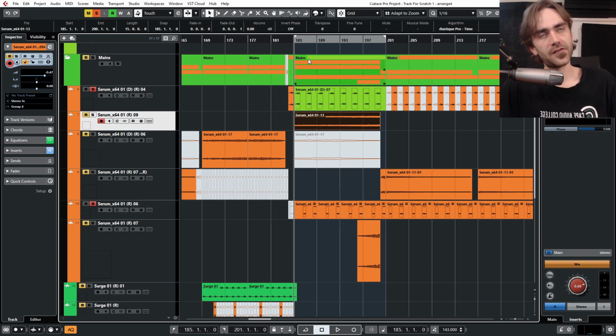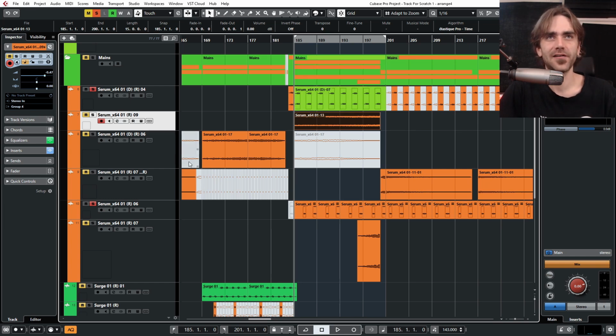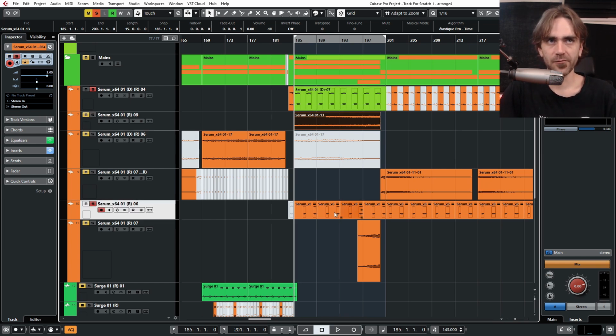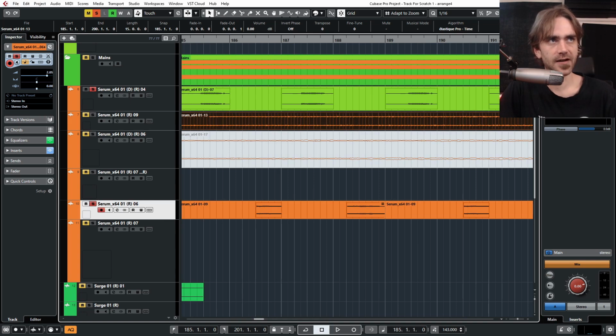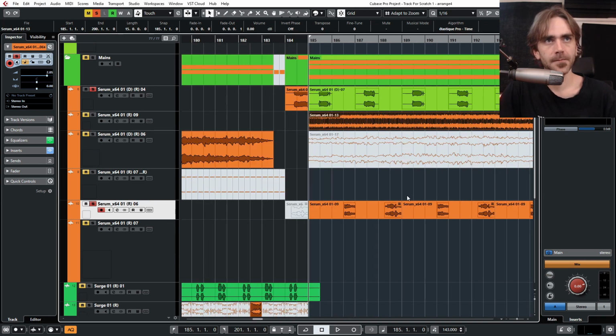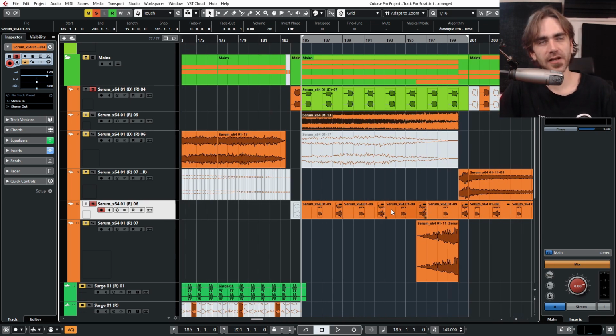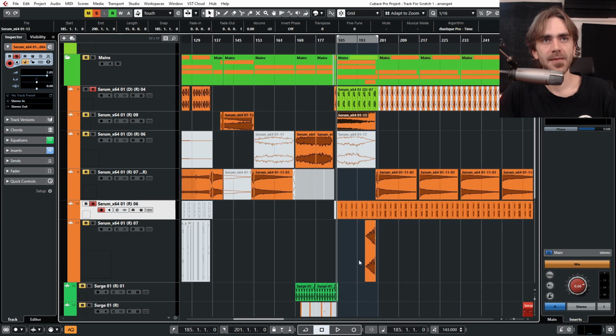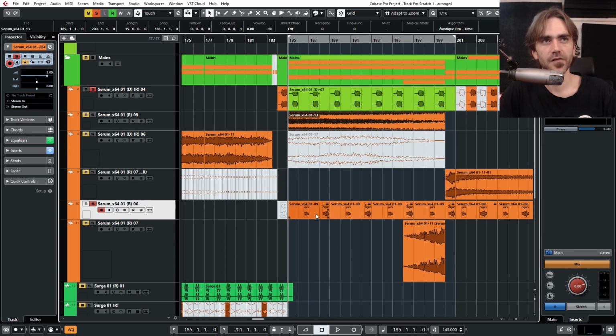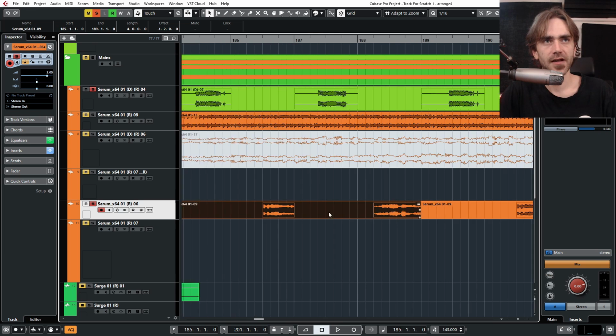So let's talk about a couple of ways of developing a sound further into something that sounds a little bit more polished. What I also want to do is recreate and use a new sound on this rhythm, because the sound is cool and it's in a nice frequency range, but I feel it's not quite cutting enough. So I want to create a new sound with Surge and use this kind of